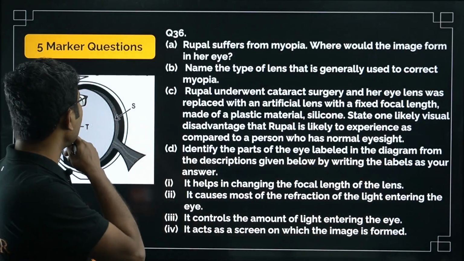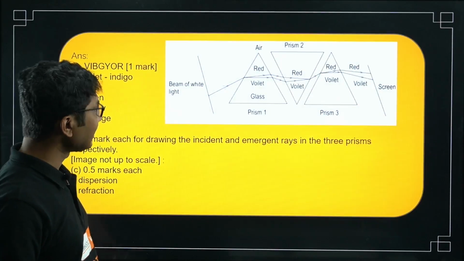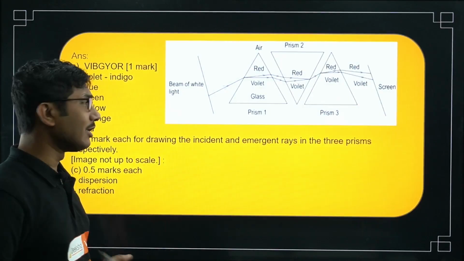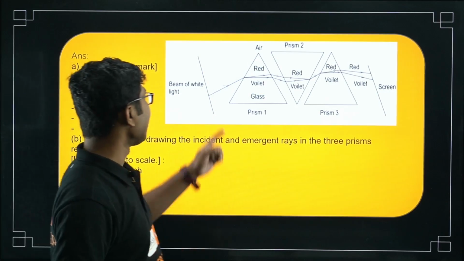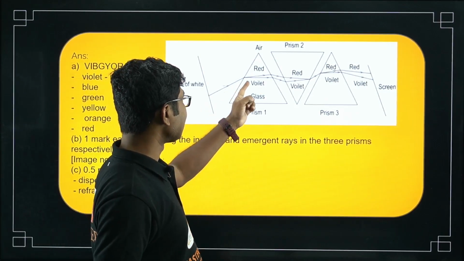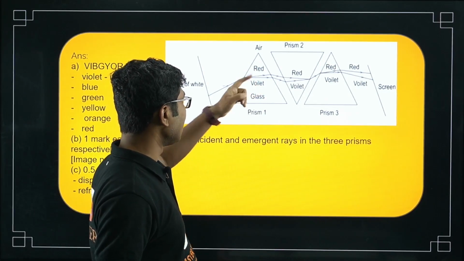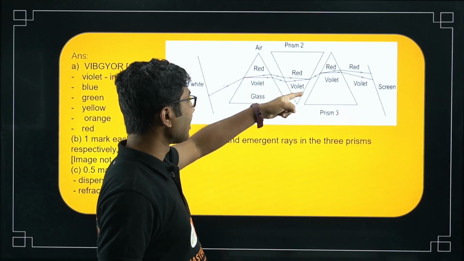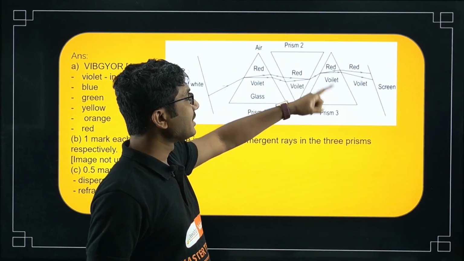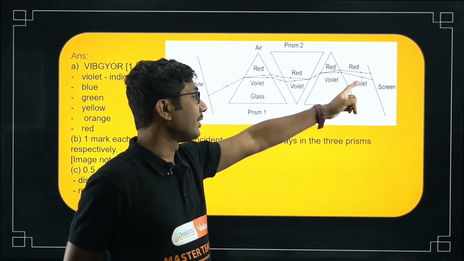So let's see the answer. First we see the answer to this, then we will see the OR question. As you can see, first the ray of light passes through prism 1 and disperses into all the colors, then the second prism recombines them, but the third prism again separates them and you get all the colors